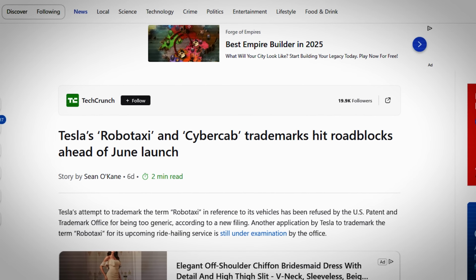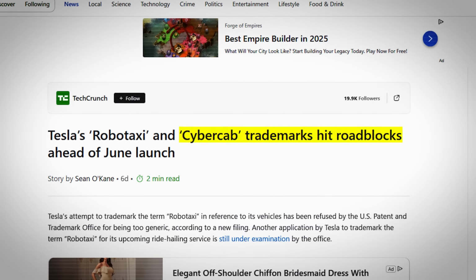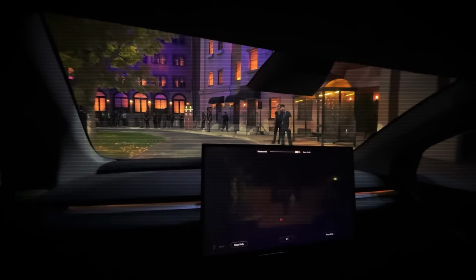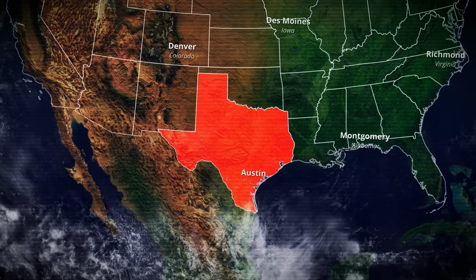Tesla also tried to trademark Cybercab, but that application hit its own roadblock due to conflict with another company that already trademarked the word cyber. For now, the company can still use robotaxi in marketing, but it won't be able to stop others from doing the same. While Tesla doesn't need any special permits to roll out its self-driving vehicles in the state of Texas,